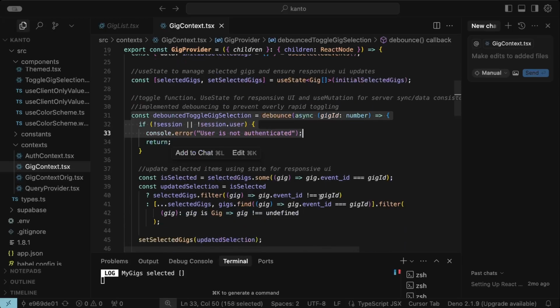So basically what this does is it delays the API call made by the toggle function by 10 milliseconds before completing. So if a user is tapping multiple times in quick succession, only the final selection will be sent to the server. So this was done to save bandwidth, prevent excessive database writes, and would hopefully make the app feel a